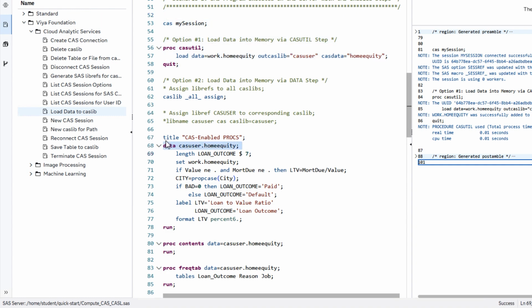Another method to load data into memory is the data step. If you designate an in-memory table in the data statement as your output table, the step will execute on the compute server, but the final result will be loaded into memory. Note that the way we reference tables in data and proc steps is with libref.tablename. A CASLib is not the same as a libref, so I must define a library reference to connect to my CASLib. An easy way to do this is to submit the following statement: